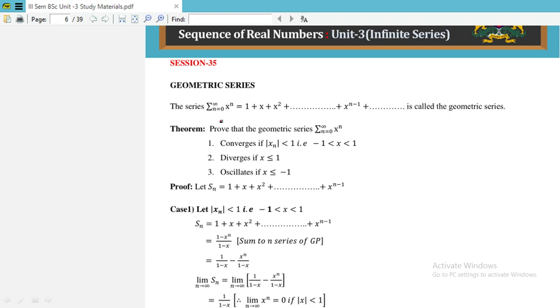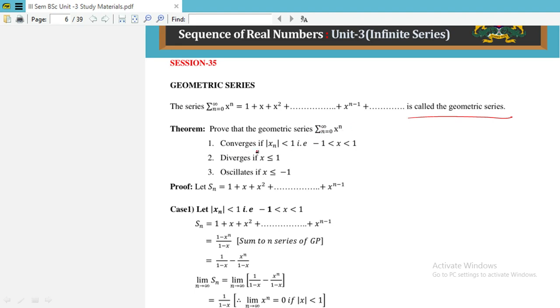The geometric series, the summation n equal to 0 to infinity of x^n, is equal to 1 plus x plus x square plus and so on, x raised to n minus 1 plus and so on, is called a geometric series. Theorem: prove that the geometric series summation n equal to 0 to infinity x^n